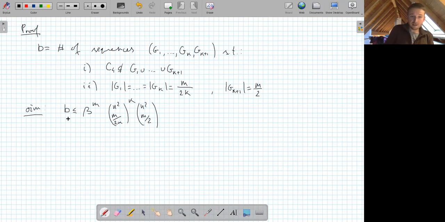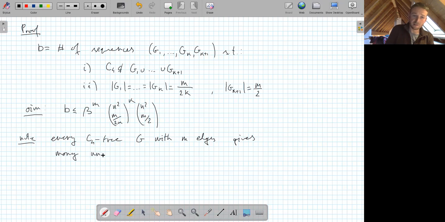Now, if we have this, how do we show that the number of C4 free graphs is also small? The point is that every C4 free graph with M edges gives many unique sequences,